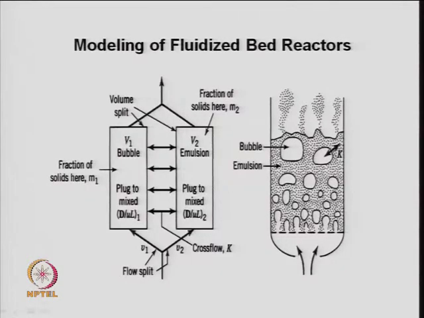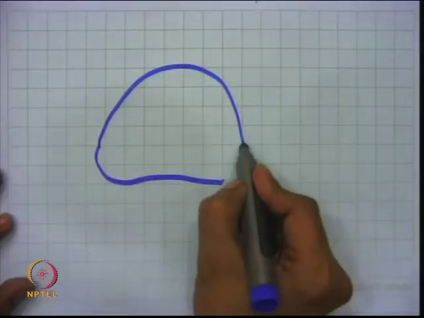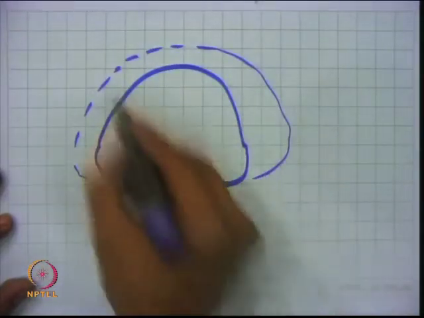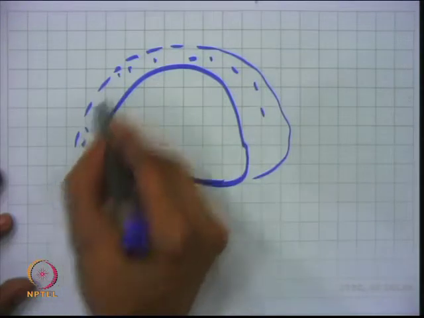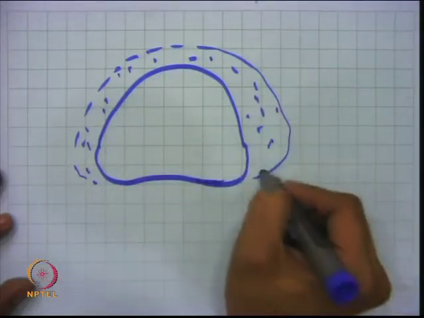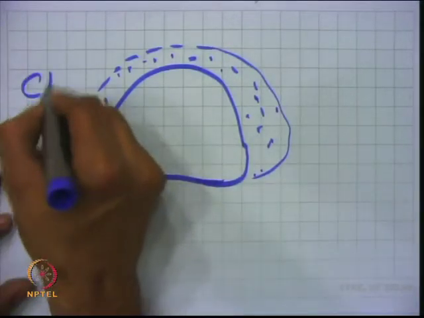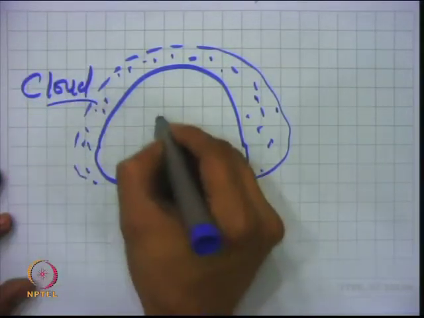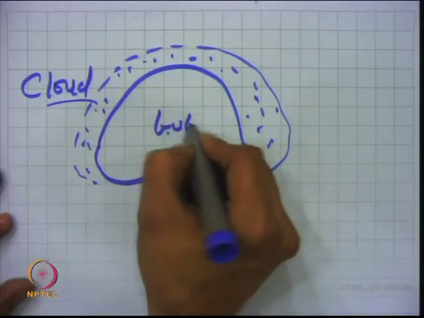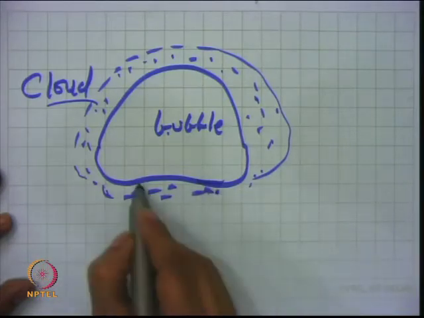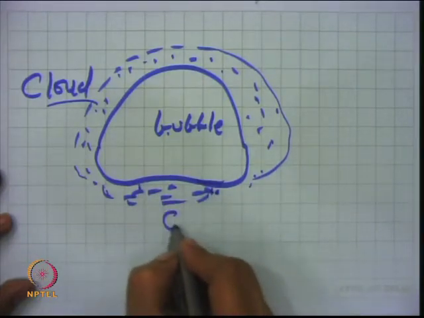So this is one, and then at the lower side of the bubble, which I was talking about last time also. This is the shape if you look at a gas bubble which is moving. It is surrounded by solid particles, and this is our cloud phase here. These are the solid particles. This is the cloud of the solid, and this is your gas bubble, and in the lower portion you will have more concentration of the solid, and this is known as a wake phase.